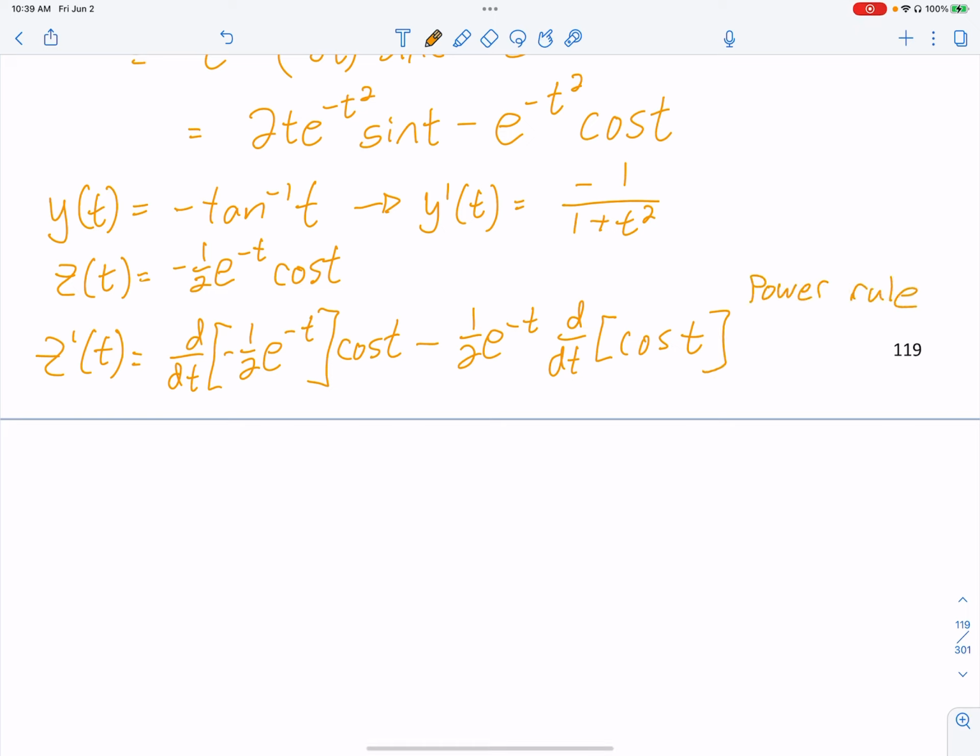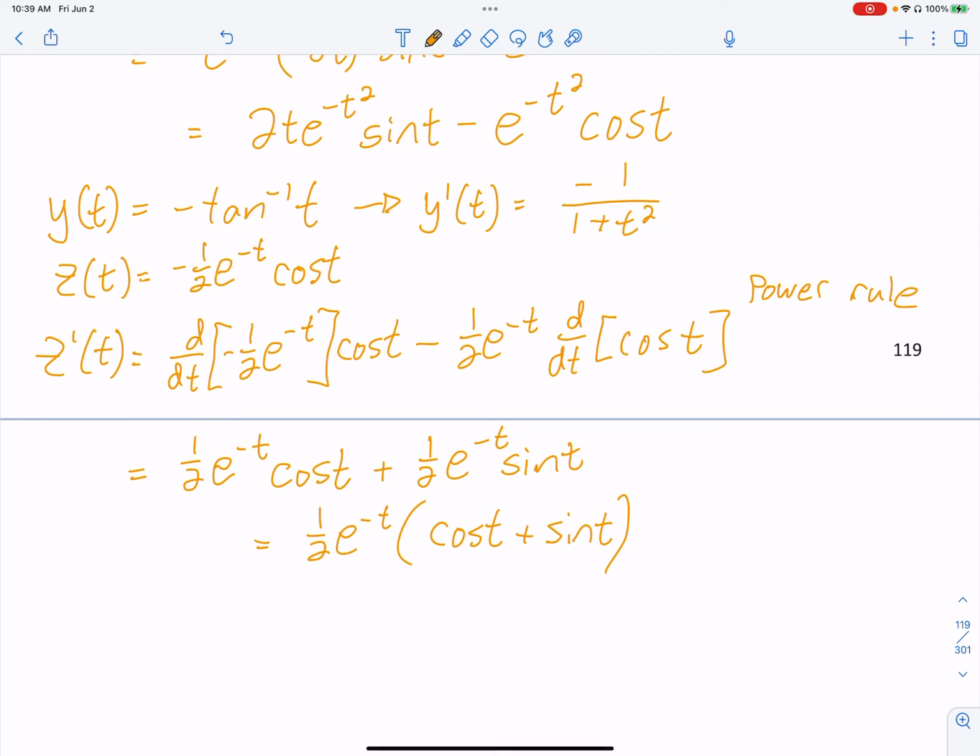All right, this is equal to, okay, we get the same thing, but the power, we take a derivative of negative t, is going to be a negative, so we get 1/2 e to the negative t cosine t. And then minus, I keep 1/2 e to the negative t. Derivative of cosine is a negative sine, so I'm going to do that. This one I think I do want to clean up. I can take 1/2 e to the negative t out times cosine t plus sine t. I can't replace the inside with anything. They have to be squared to use that identity, so if you're ever thinking, I can replace that, no, you can't. Okay, so I have all three parts,